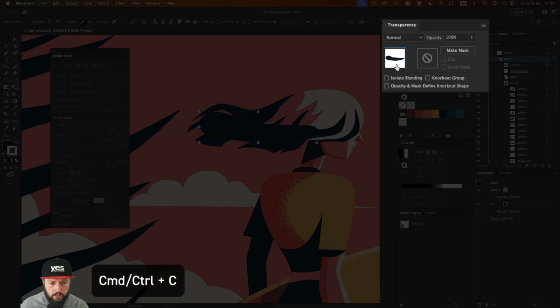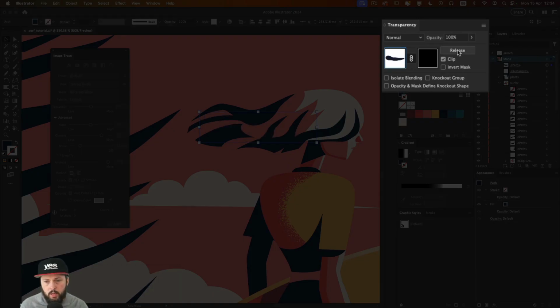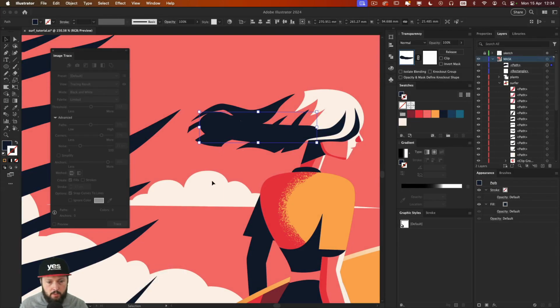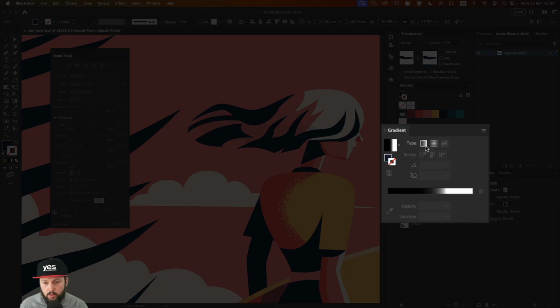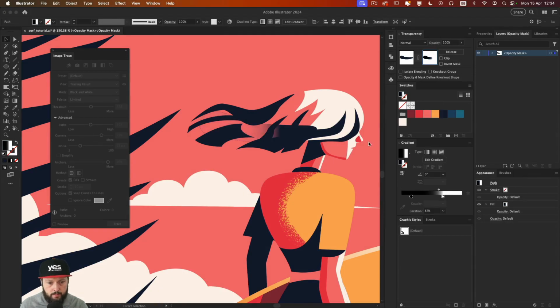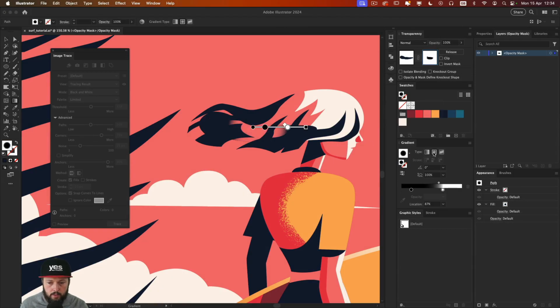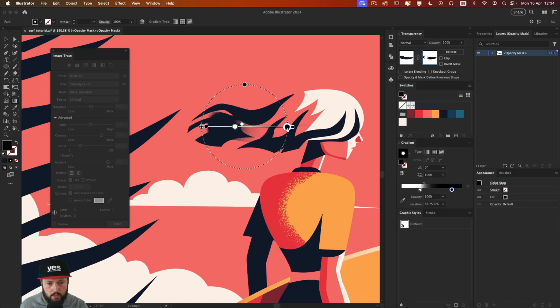And then copy this shape, go into Make Mask, turn off clipping, and paste the same shape, that main shape that we created. And then let's use the black and white gradient on it, not on the stroke, but on the fill. And in this case, maybe we can even use the radial gradient, so the second one, and we can just set it up with the reverse option in the direction that we need. So we can extend this on both sides, like that, this point,